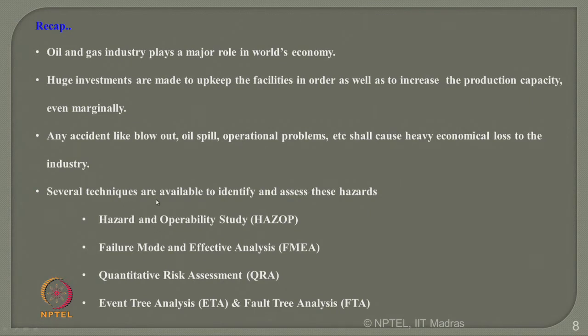So, what are the studies available in the literature for identifying hazards and assessing them? In the list, the top is hazard and operability study, which we call HAZOP, followed by which, focusing on mechanical equipment, people also do failure mode and effect analysis, which is abbreviated as FMEA. Of course, there are quantitative risk assessment methods, QRA tools, available to also do hazard analysis. Event tree and fault tree methods are also some of the methods for hazard analysis. We will see all of them in detail subsequently in different lectures in this module.